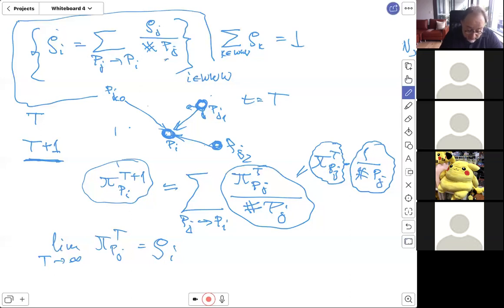And the probability to end up at that web page clearly is a good measurement of the importance of that web page. So I hope you understood now well all of the